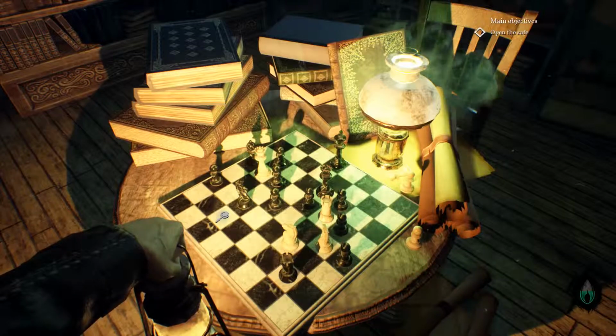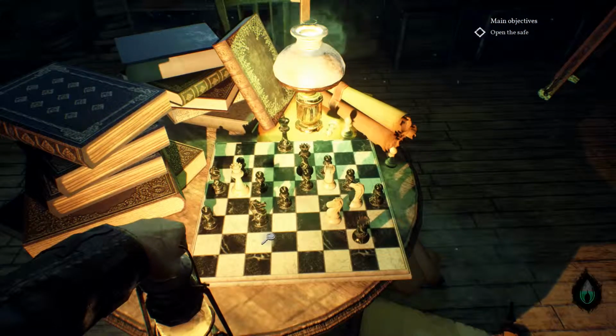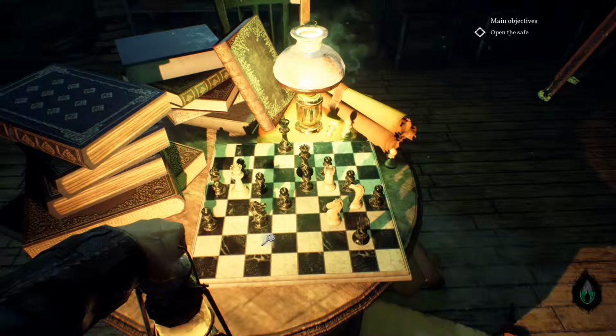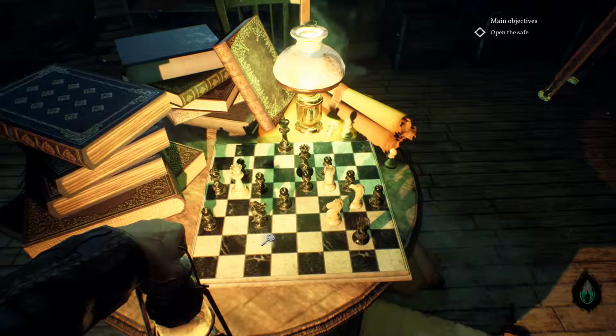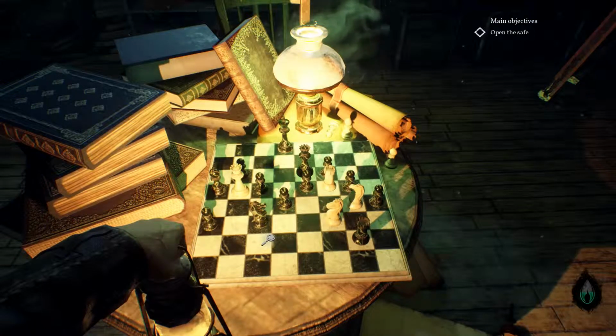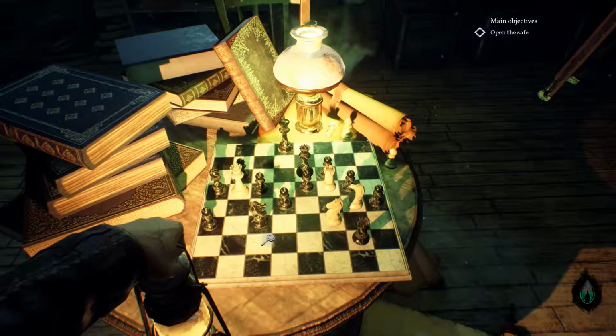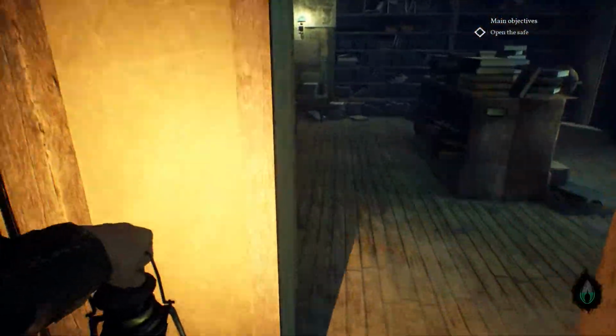So white pieces on the board. I don't know if it counts the queen or not, so that's either 3 or 4. Right. That's a decent clue. So I'll write that down. 1, 2, 3, 4. So yeah, that's either 3 or 4. So we've got 2 numbers. And then the last one was volume 9 of those books, so...